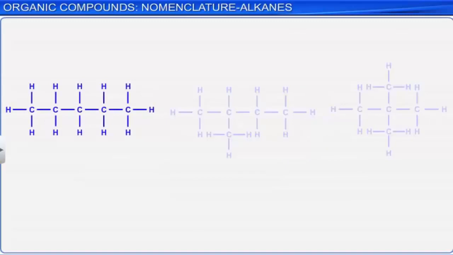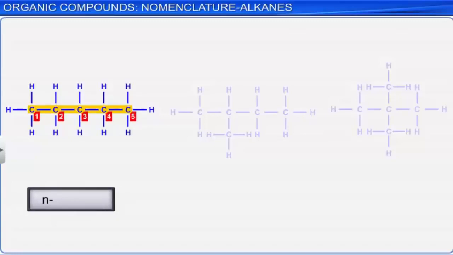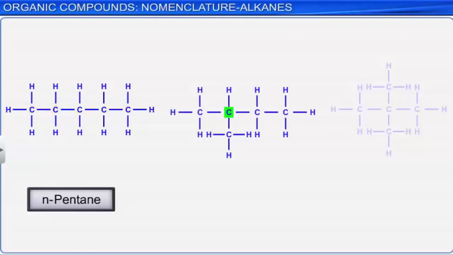If all the carbon atoms form a continuous straight chain, that is, without branching, then the prefix N is given to the name of the alkane. For example, for the structure shown here, which consists of a continuous chain of 5 carbon atoms, the name given is N-pentane. If the carbon atom next to the terminal carbon having a methyl group as a branch is attached to a continuous carbon chain,